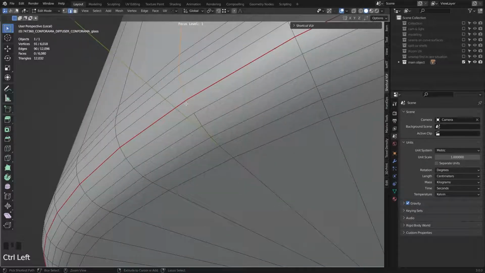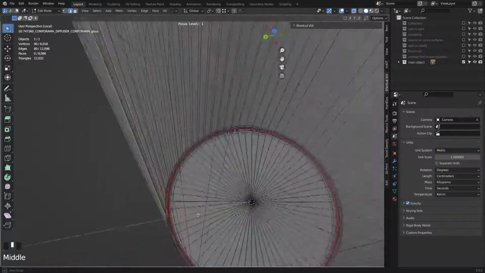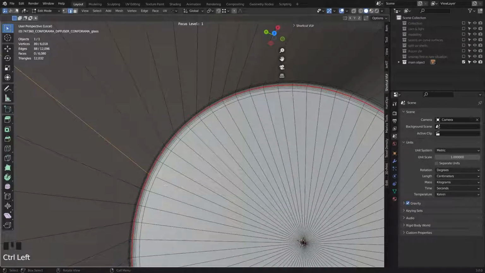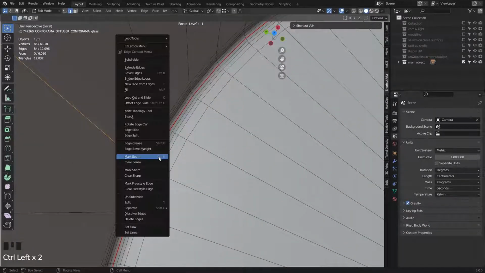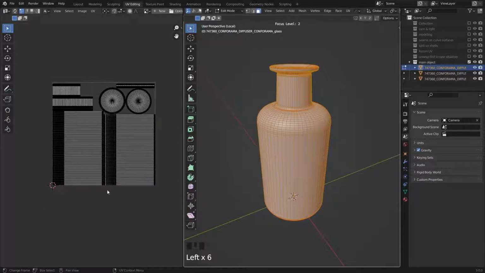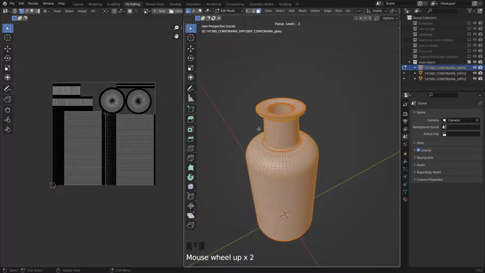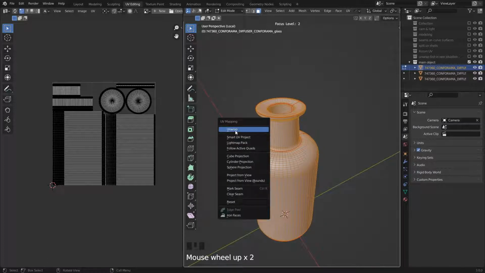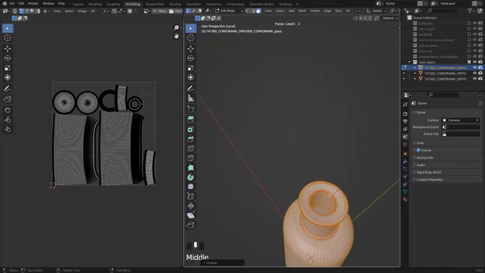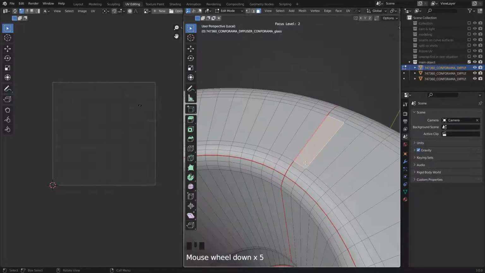So I just remove all these edges, also inside, and mark seam. I go to UV editing. You can see I already unwrapped my object, but I unwrap it again, hit U and unwrap. This unwrap is based on the new seams we picked for our object.